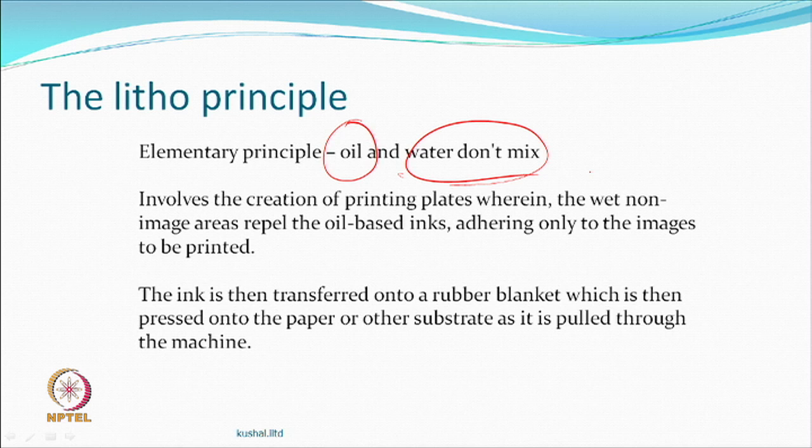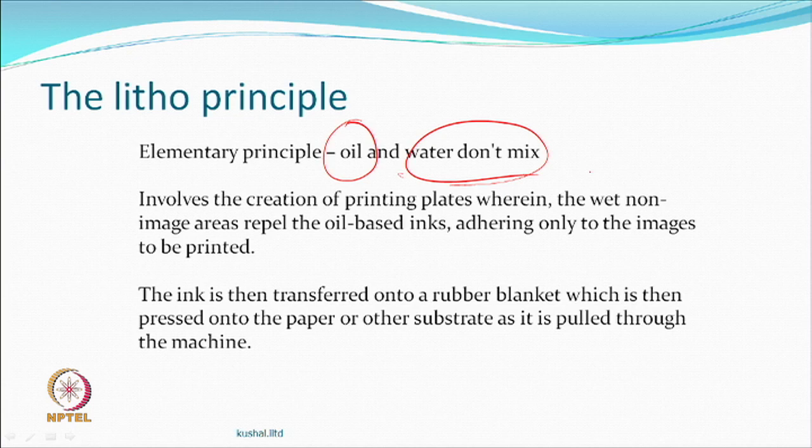So you do not need any engraving or any other thing, just that oil based ink will go to the hydrophobic portion of the design. Wherever there is design is hydrophobic film. The ink goes to the hydrophobic site and stays there. The rest of the roller is wet.